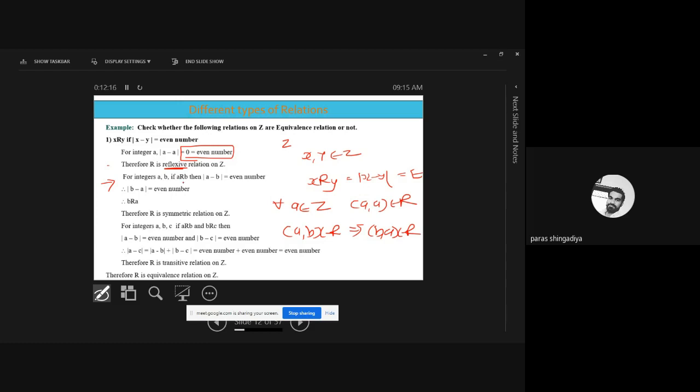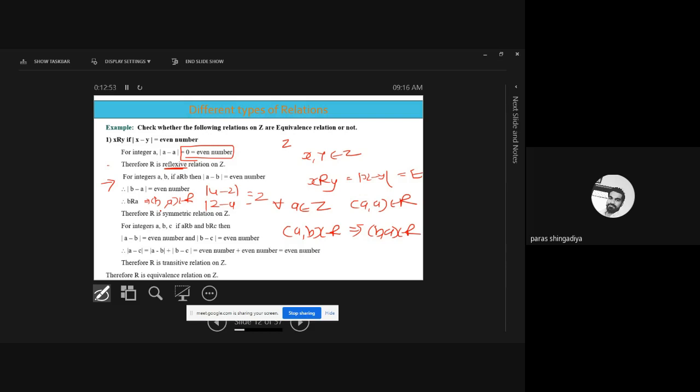For example, if I take |4 minus 2| as a, b, and now just interchange b and a, so it is |2 minus 4|. Both are equal to 2, because the modulus is given there. Negative will convert to positive. So both will give 2, which means |b minus a| is also an even number. And what is the meaning of b minus a as per the relation? That is called b R a, means (b, a) belongs to R. So (b, a) belongs to R is satisfied. For every such (a, b) belongs to R, (b, a) also will exist in R.